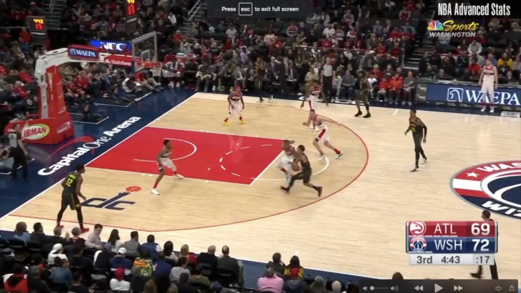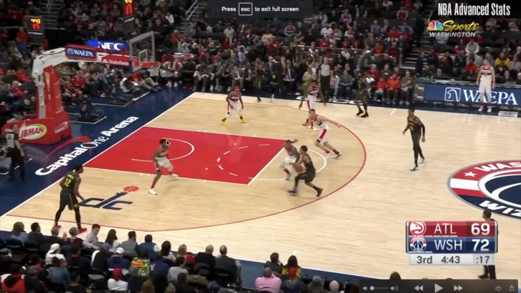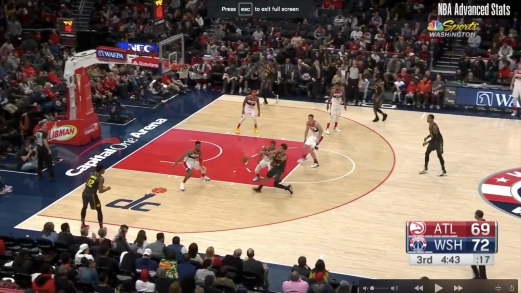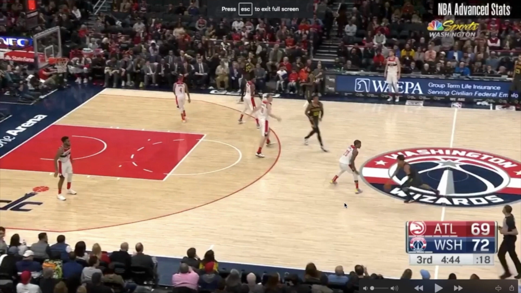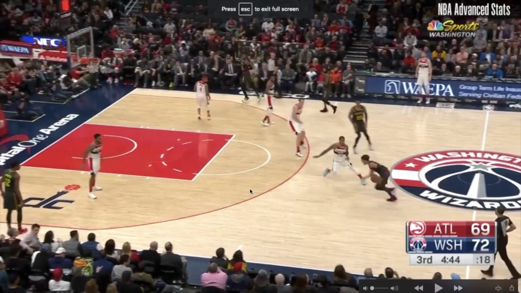Now, the effort on this was not a great stunt. This defender didn't give as much effort as they could have. He should have had a hand up as well, and his right hand in the passing lane. So it wasn't great effort, but nonetheless, that's a stunt. A decent contest, not a great contest, but a decent contest. But again, Trae Young just makes a simple read. This defender slides in, so he kicks to the corner. And one other thing right here,